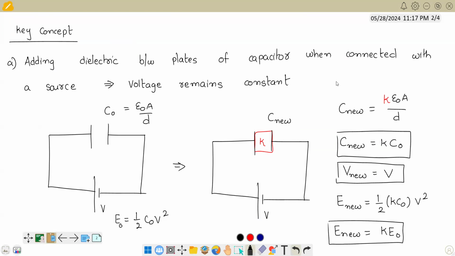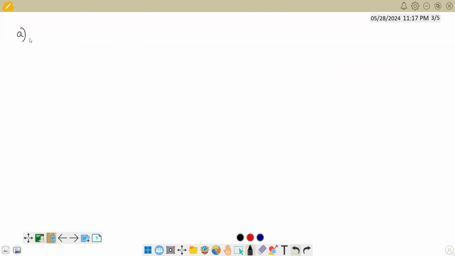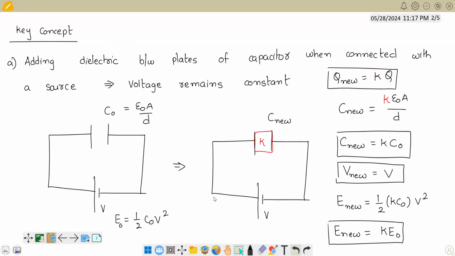And the last one is charge Q. Q equals C into V. So you'll get charge Q equals, again, K times the old one, so K into Q. You can see in this first case, the key quantities have all increased by K times. So whenever you see this case where you add something,